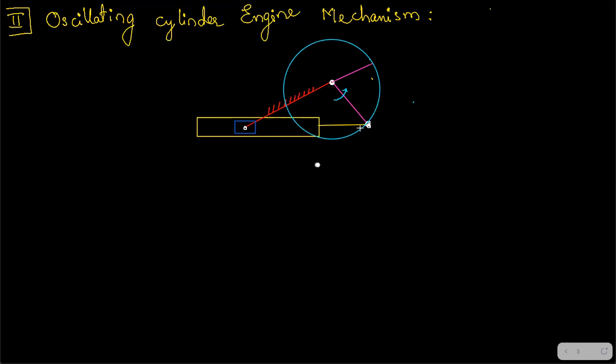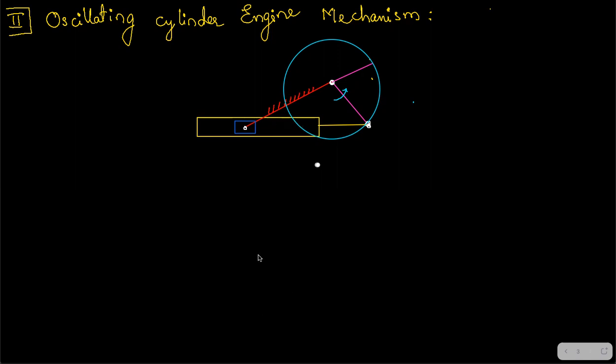When the yellow link is being pulled upwards, what will happen? The slider is going to slide inside, but it will be there itself. See, the slider cannot go there and here because it is fixed with the red link, but the slider can rotate. You have a rotatable joint between the slider and the red link, right? So it can rotate as well as slide inside the yellow link.